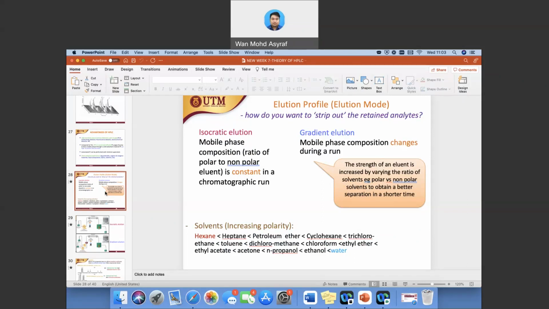So this constant ratio of your solvent would create a constant chromatographic run. So that is what isocratic elution is about. You just maintain the ratio that you want from the beginning of the analysis up until the end of the analysis. But for gradient